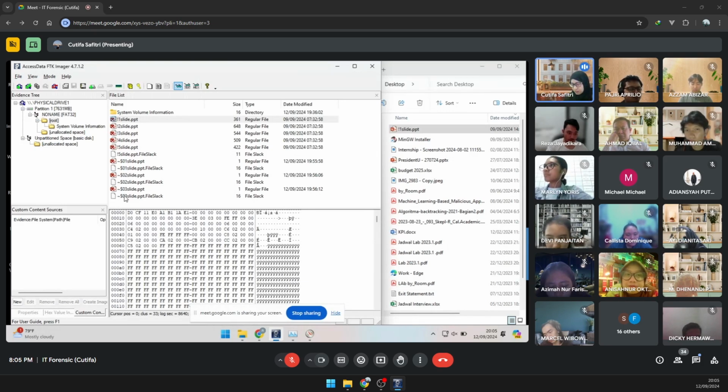The files that were previously there are already overwritten, so you cannot recover overwritten data unless it is just a partial remaining file.